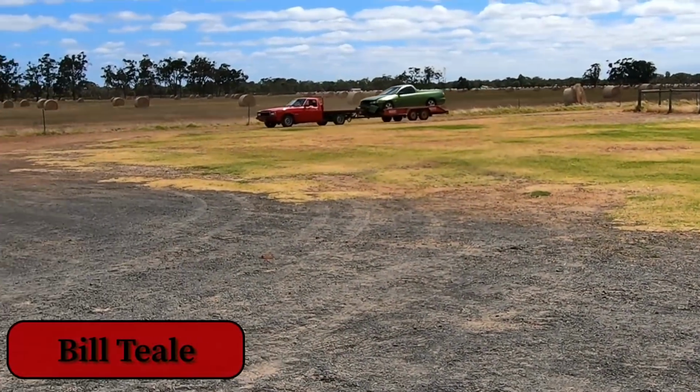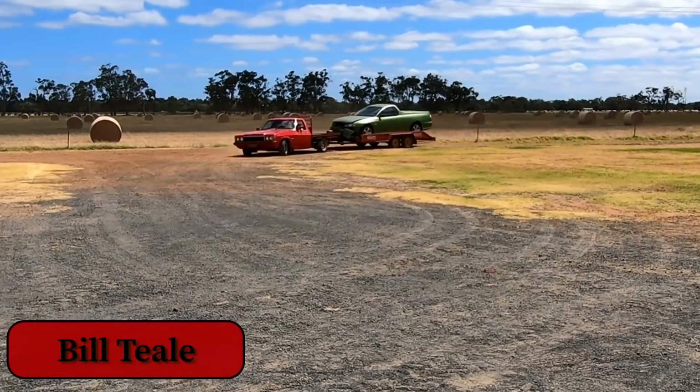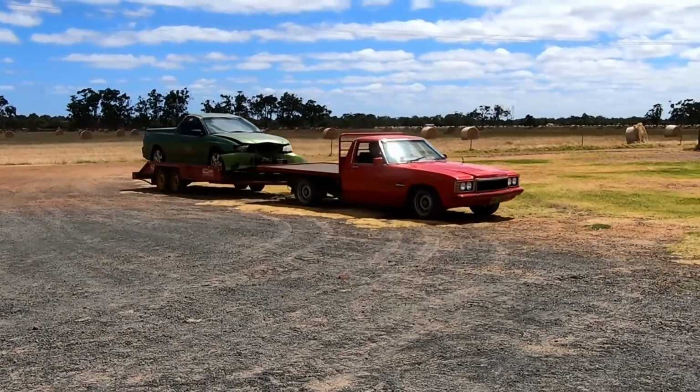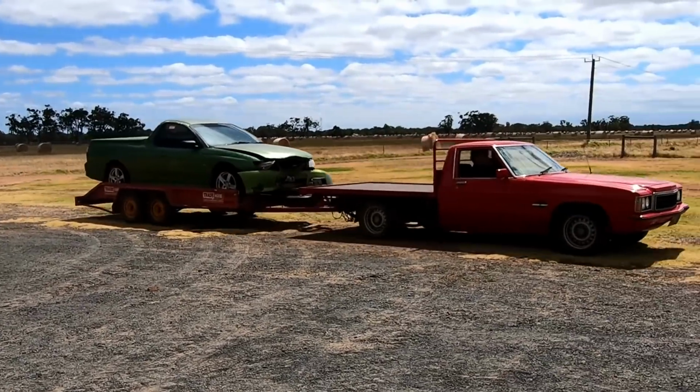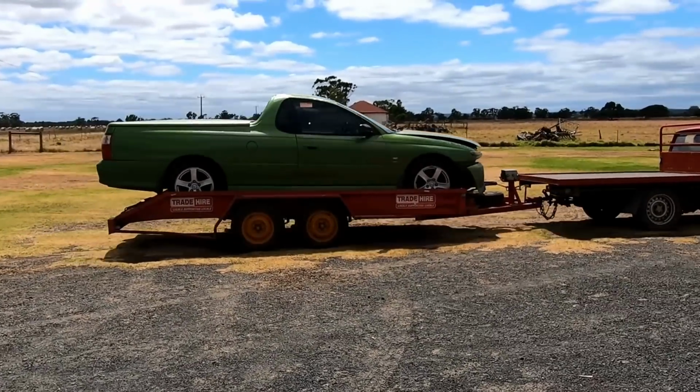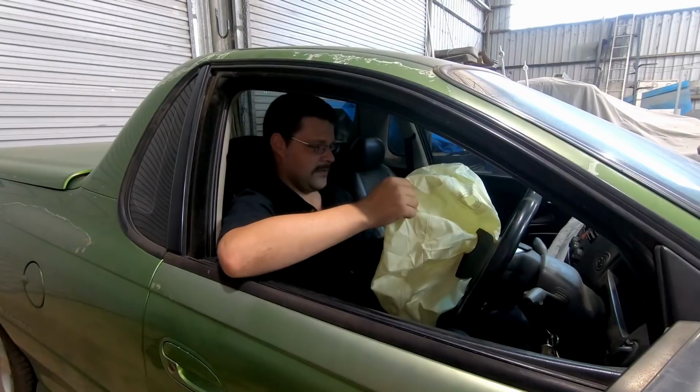Sort of have this instant seared into my memory a bit. Just spotted this pig running across. I really didn't have any time to react to it, just a case of there it was. Planted my foot, you know, next thing really was airbags going off in my face and